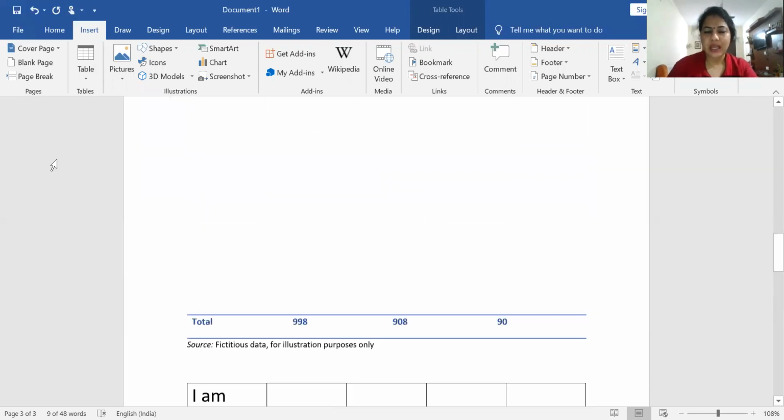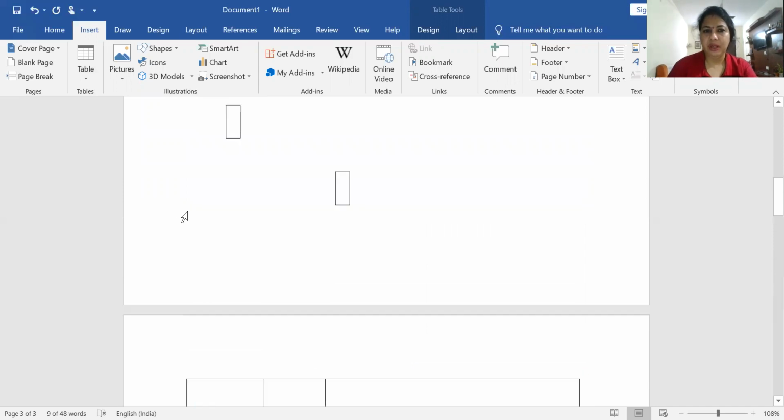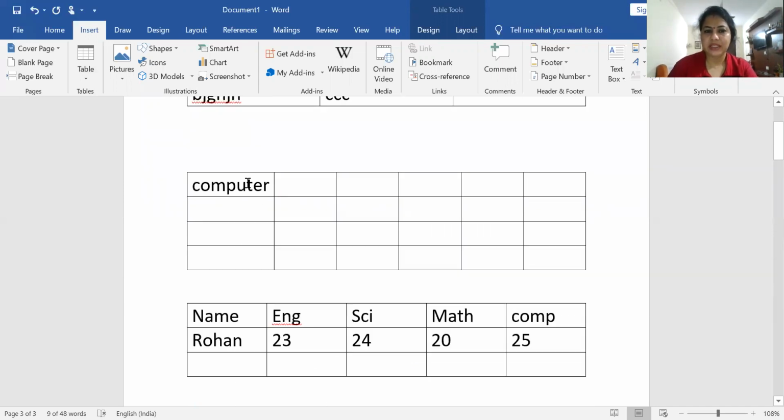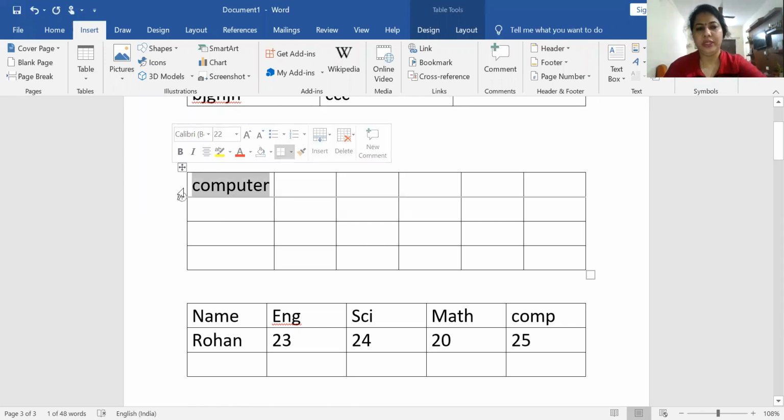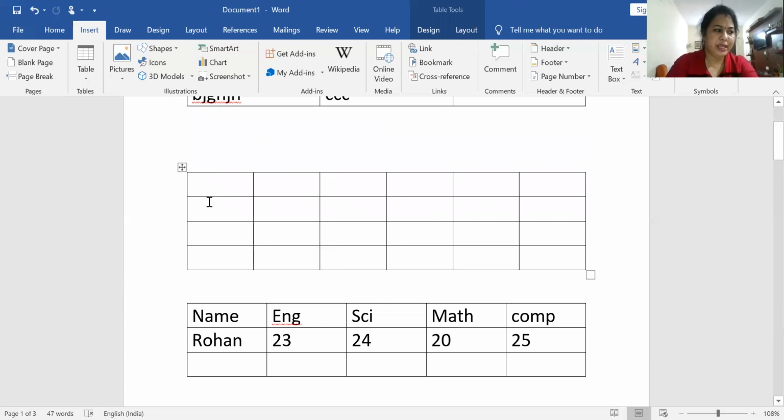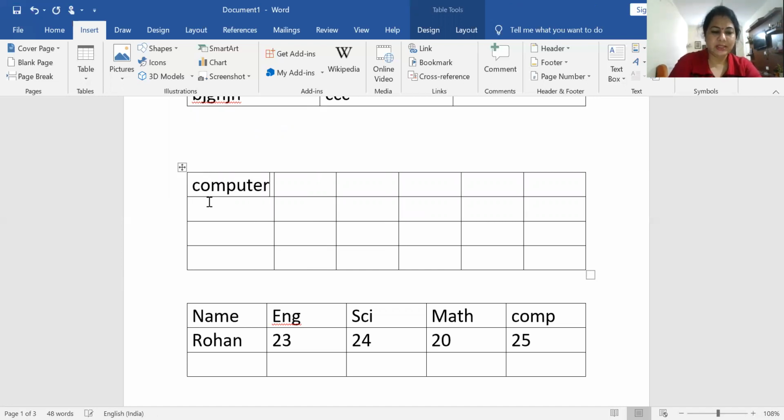Now about entering data into a table: I select one table, just this table. You just click on a table cell, where you can see the cursor, then type the data, then press the tab key.